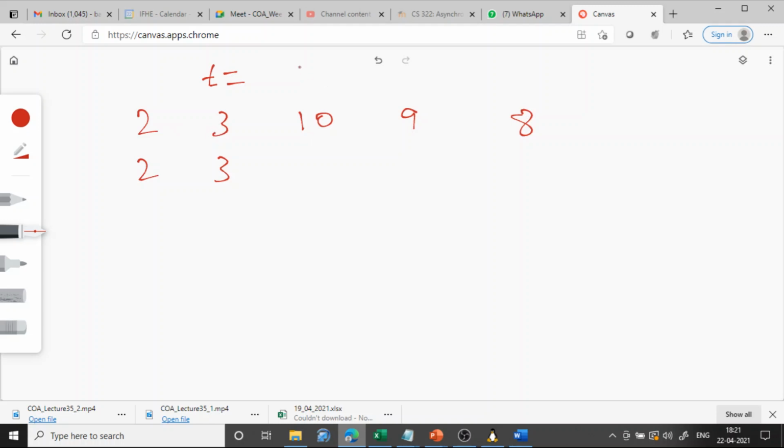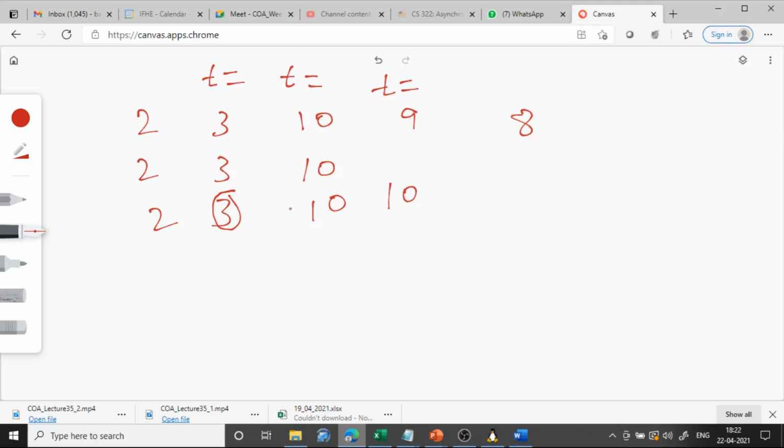You getting? Then in the next iteration t will become this. Again you compare, is his previous element greater than? No, it's not greater than, so we keep 10 here. Then in the next iteration t becomes 9. Okay, then now we compare, is the previous element greater than? Yes it is greater than, so copy 10. So 10 will come here, 10 will be here, 3 will be here, 2 will be here. Now again we compare the previous element 3. Is it greater than t, 9?